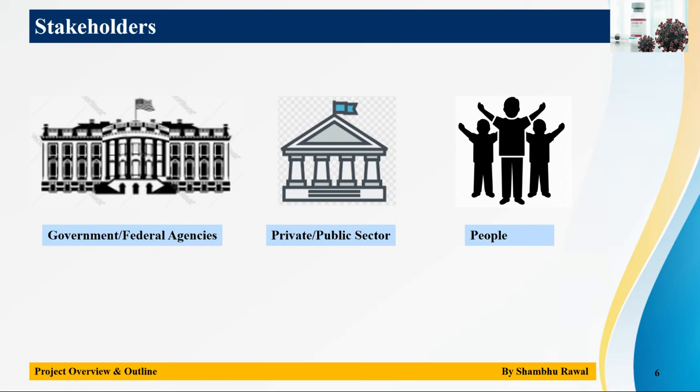The US unemployment rate and COVID's impact on the job market are also analyzed in the report. This will help the government focus on improving the unemployment rate in the specific states that have higher unemployment rates. Public and private sector: